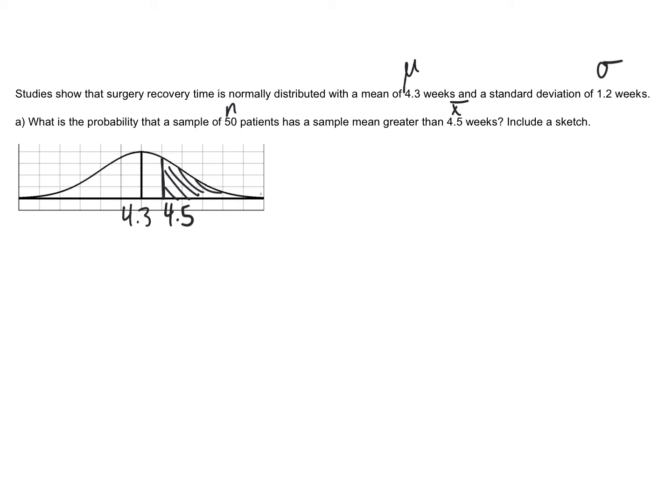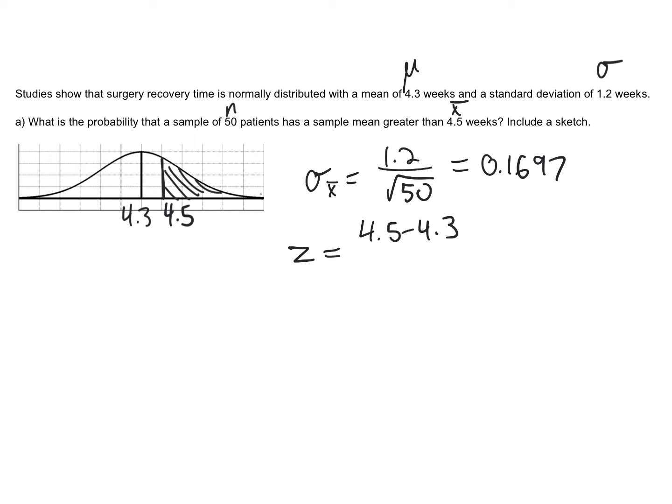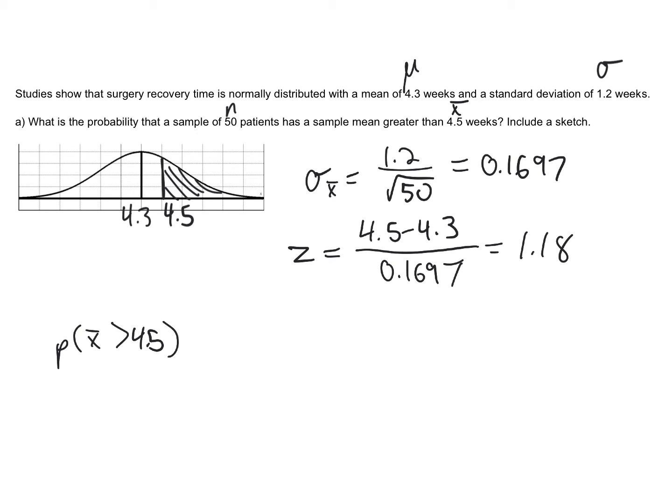Now, whenever working with sampling, we are going to need what we call standard error. So we divide the standard deviation by the square root of n. Once we have the standard error, we can calculate z. Getting 1.18. So from here, for the probability of the sample mean being greater than 4.5, it's the